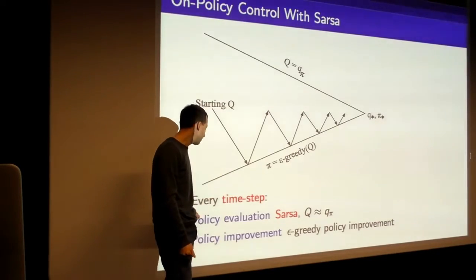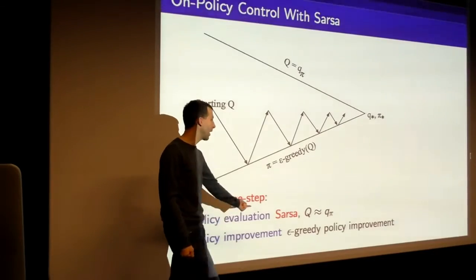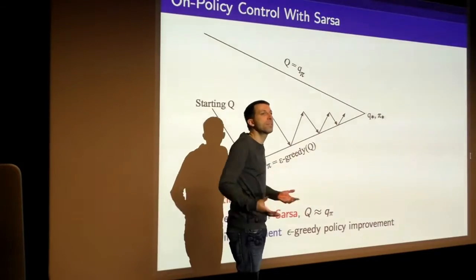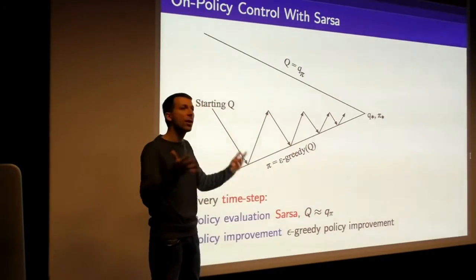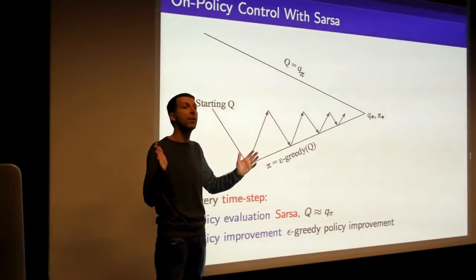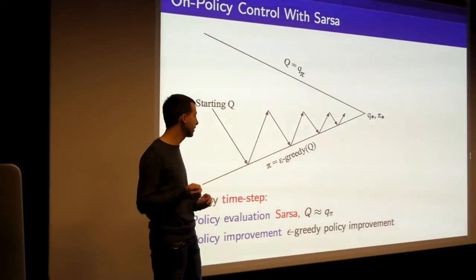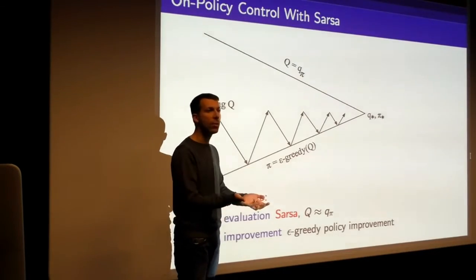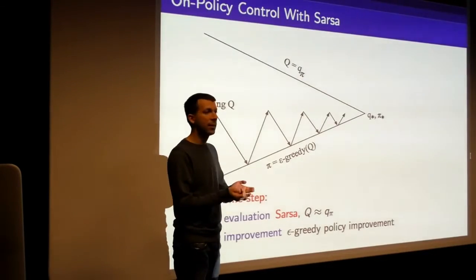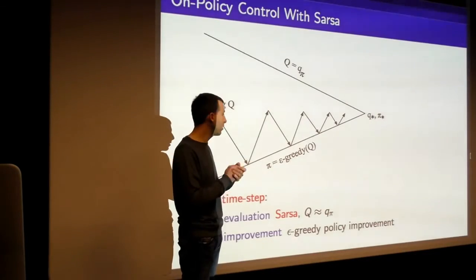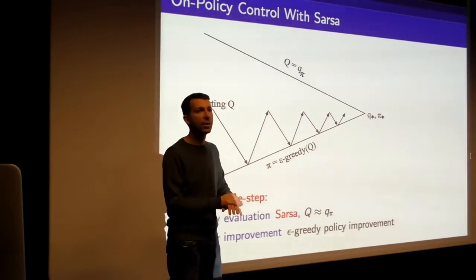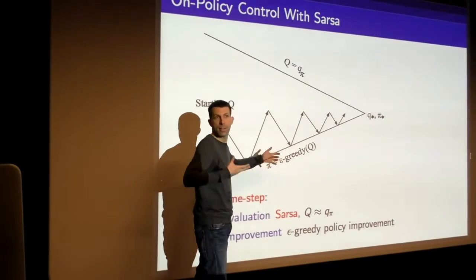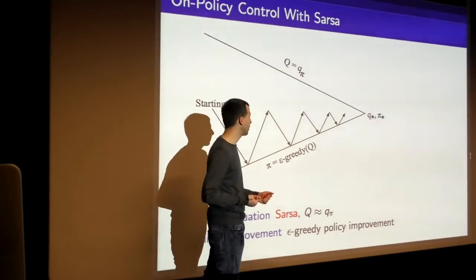So every single time step, we're going to improve our policy as well by acting epsilon greedily with respect to the latest value function. So again, what does this mean in practice? It means that you're just storing Q in your memory. You've just got this big table of Q values for all states and all actions. And every step when you actually come to take an action, you just flip a coin, you look at your Q values, and if it comes up heads, then you pick the best one. If it comes up tails, you explore randomly. So the policy is implicitly represented by your Q values.